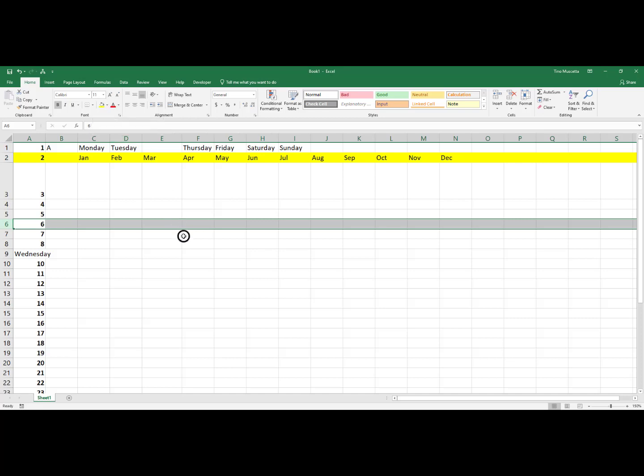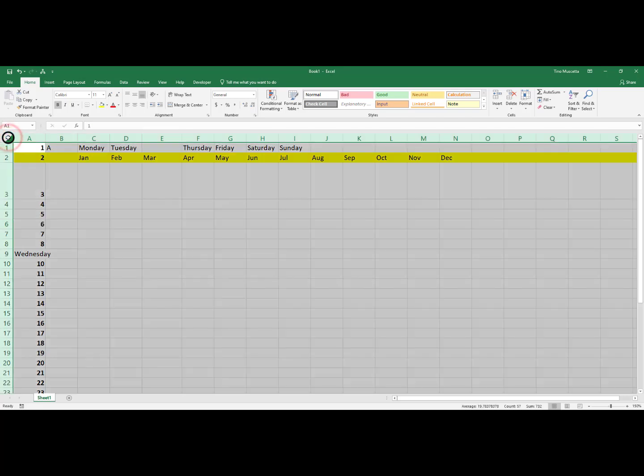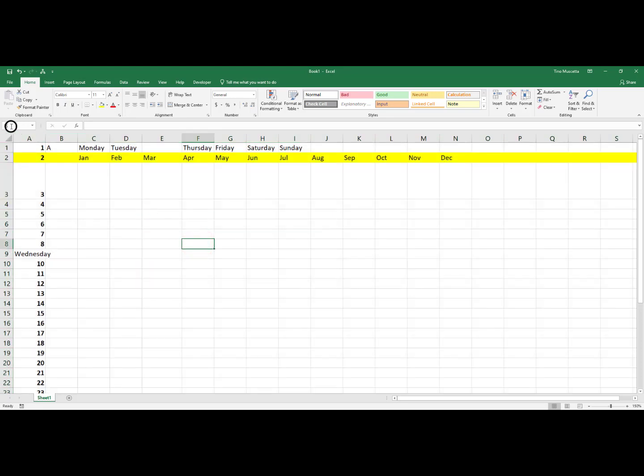The first way is if you go all the way over to the very top left of the worksheet, just before column A, just above row 1, you'll see this little gray triangle. All you have to do is single click on it with the left mouse button, and every single cell is selected. And if you want to deselect that, you just click on any cell, and now we just have one